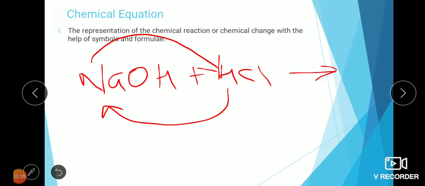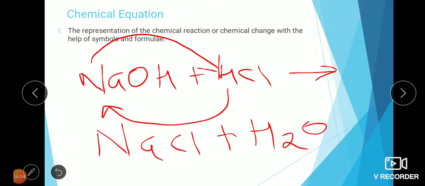has been exchanged, because during the compound formation I told you the cation is written on the left hand side and the anions are written on the right hand side. In simpler words, the positive radicals are written first and then the negative radicals are written in the chemical formula. So here you can see the cation sodium is moving in place of H, and at the same time the cation hydrogen is moving or coming in place of sodium or replacing sodium. So my product would be formed as NaCl plus H2O. Now this is my complete chemical equation.